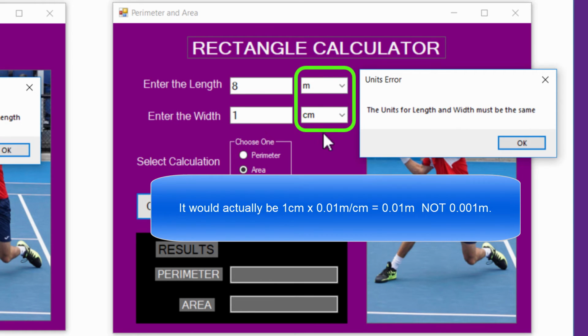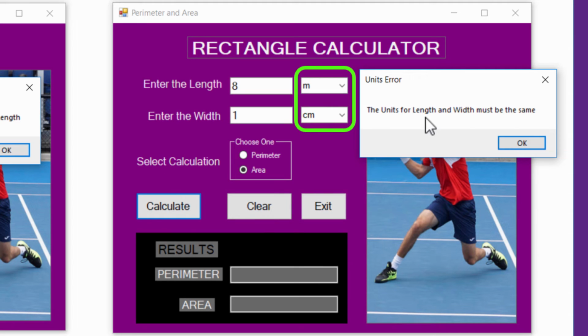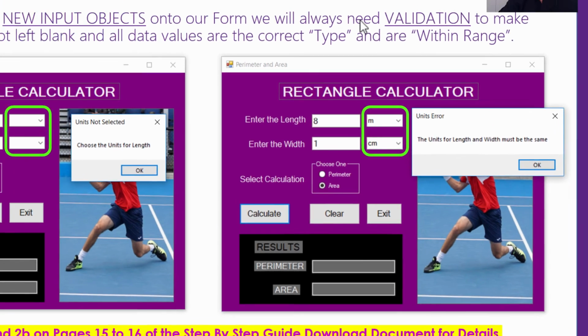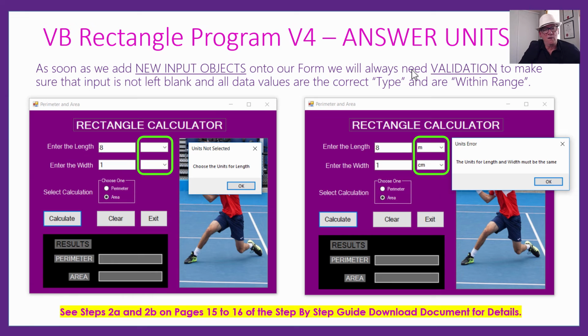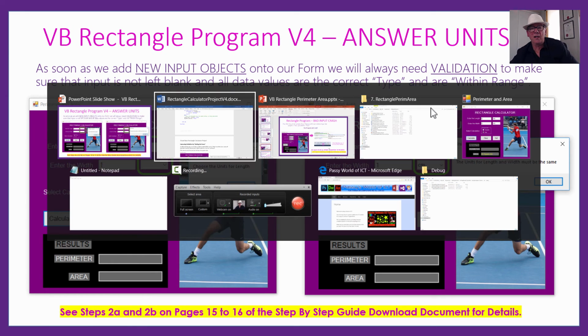So if we spot that these are different with our validation coding, the units of length and width must be the same is the message box we're putting up. We're just calling it a units error. So yes, more validation, more fun with validation. So steps 2A and 2B on pages 15 to 16 of the step-by-step guide. And we'll just